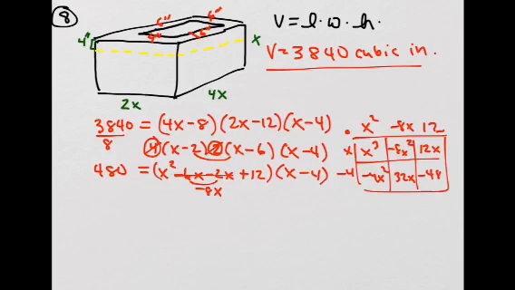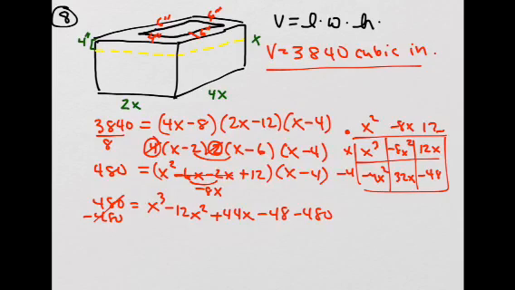Okay, so 480 equals x cubed minus 12x squared plus 44x minus 48. I'm going to subtract 480 from both sides to make one side 0. And so that gives you 0 equals x cubed minus 12x squared plus 44x minus, what is it,